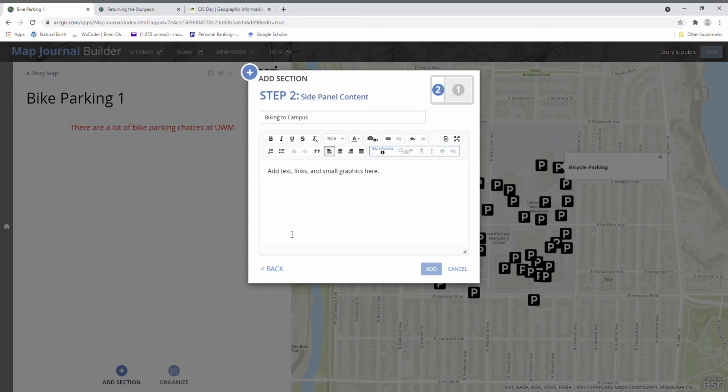Again, we're going to add the text that we wish to display on the side panel that supports the map and the layers that are showing. Format the text using the tools and add any links. So what I'm going to type in is, although U-Bike is